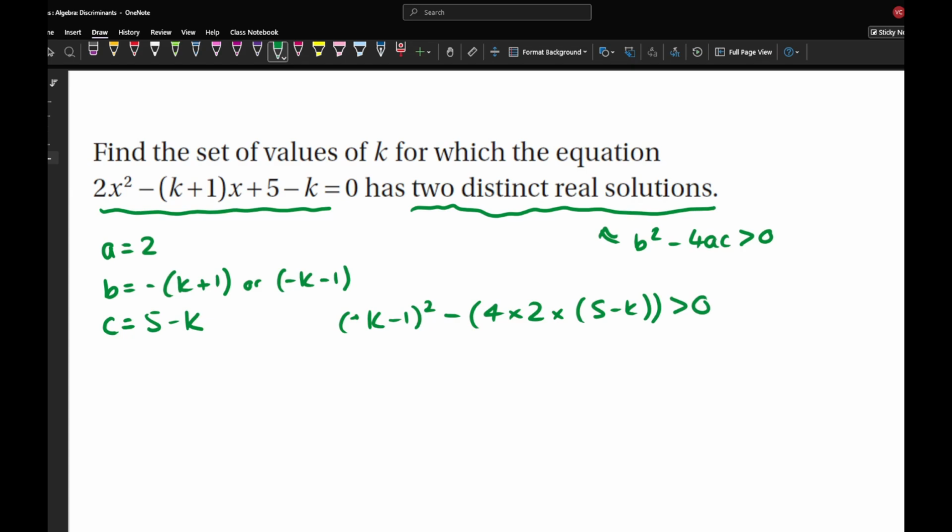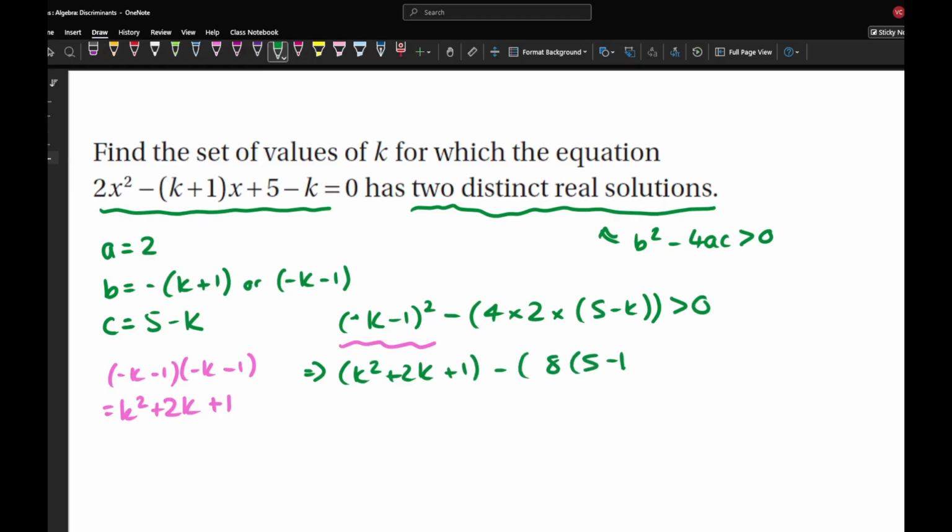So simplifying all of this, recognizing that this is double brackets, so minus k minus 1 times minus k minus 1 is going to equal k squared plus 2k plus 1. So that's going to equal k squared plus 2k plus 1 minus 8 lots of 5 minus k,